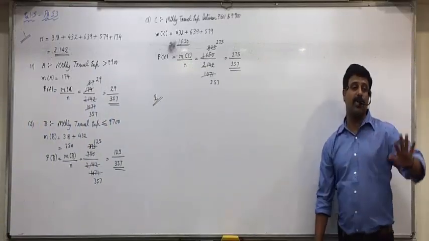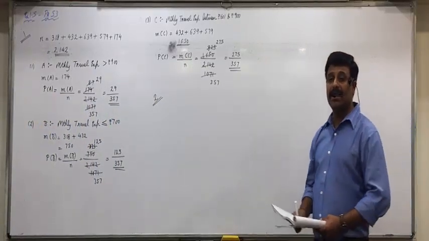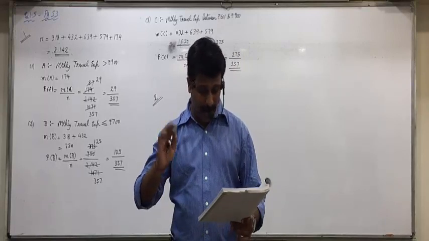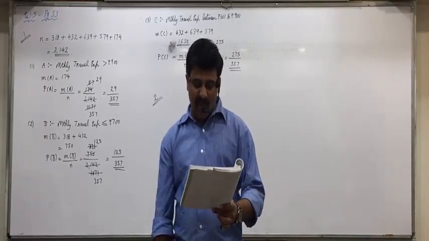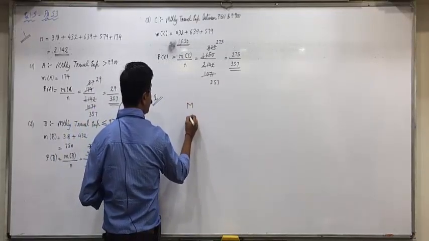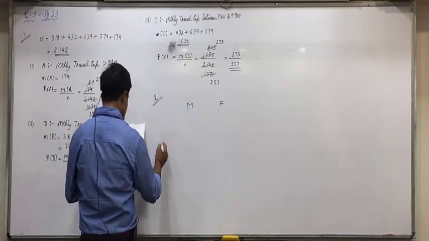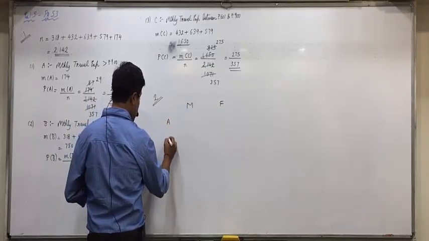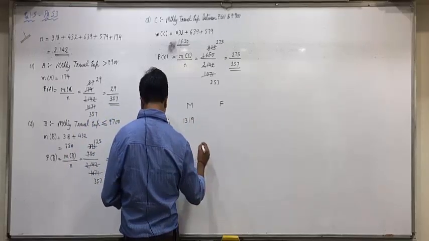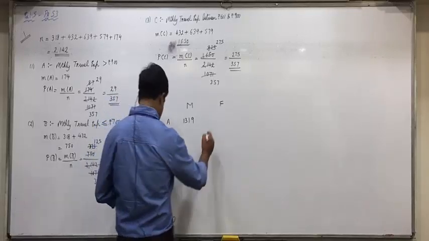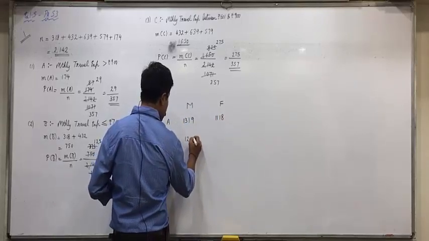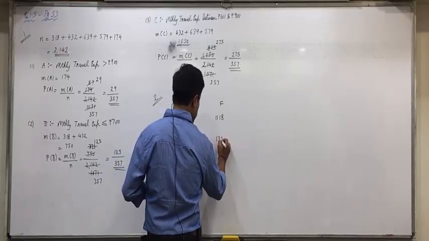Now, put your pens down. Question 2, I am remaking this table again. You understand this table first. Once you are clear with the table, then you can easily understand how to find the probabilities. So, the details of a sample inquiry of 4979 voters of a constituency are as follows. Males, females, supporters of party A, supporters of party B, 1319. Yes, maintain silence. 1118, 1217, and 1325.